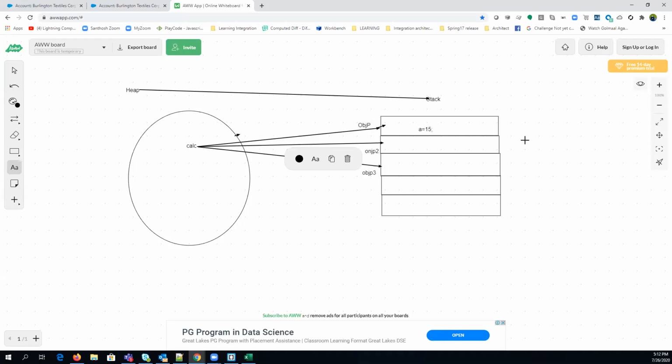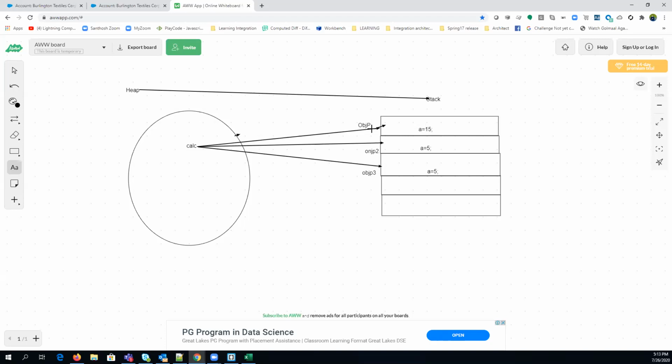Now obj p1 will have a is equal to 5, and again a is equal to 5, because you have changed the value of obj p dot a. Am I right, guys? So you have changed the value of obj p dot a. So now you have 3 different copies of the calc class, so you can store the value as and when needed.